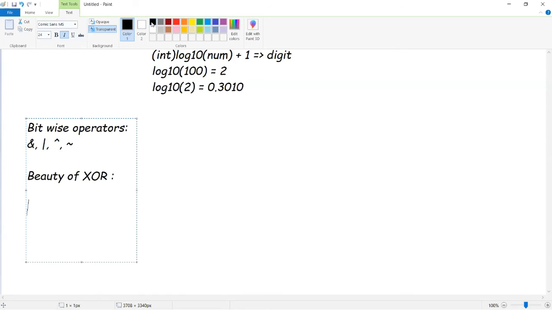Right. Before discussing what XOR is, I would like to take two bits called A and B and try to find A XOR B. XOR indicates when both the bits are the same, the output is 0. When both the bits are not equal, the output is 1. So 0 XOR 0 gives us 0, 0 XOR 1 gives us 1, 1 XOR 0 gives us similarly 1, 1 XOR 1 gives us 0. Have you understood the concept of XOR? Right?